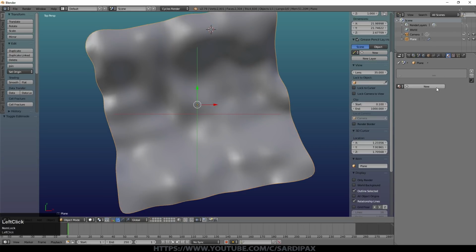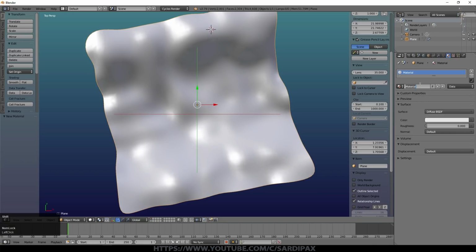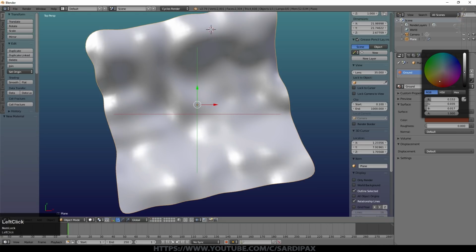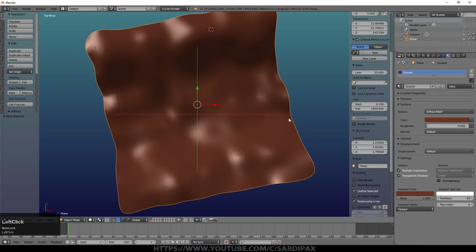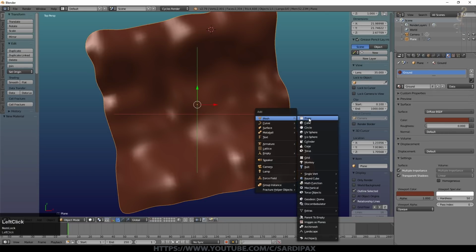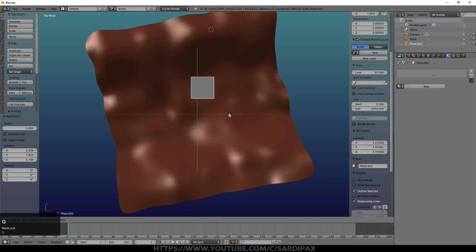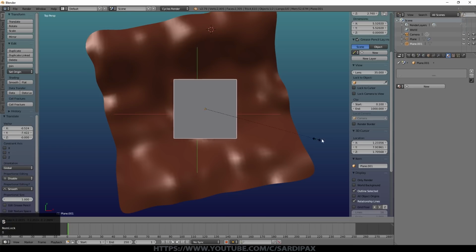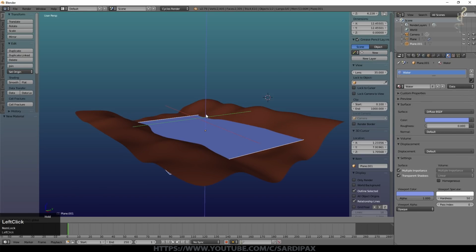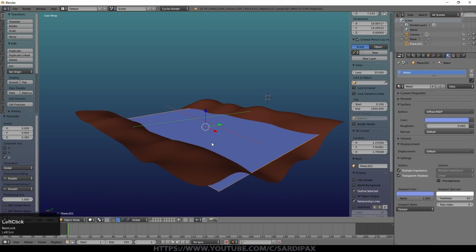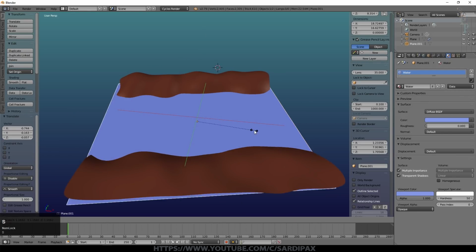At this point I'm just going to give it a basic material, which we'll call ground, make it a sort of mid-brown colour, and we'll put that into the viewport colour as well so we can see what we're doing. We're now going to add another mesh. This is going to be our water, and this will help define where our water is. While we're at it, we'll give that a water material, and logically we'll make that a little blue colour and drop that down so it intersects with the ground. And then we can think about where exactly our water is.